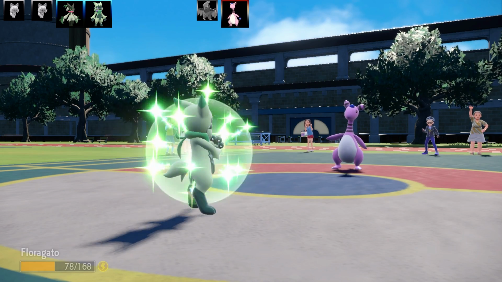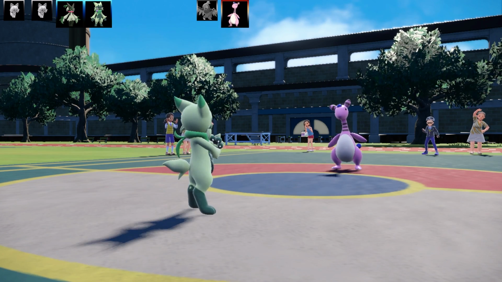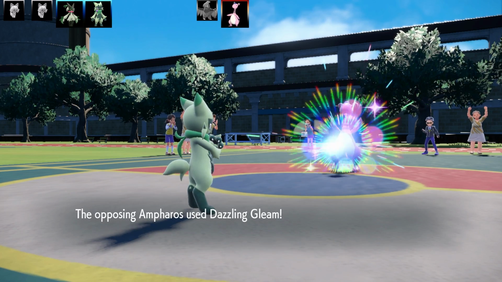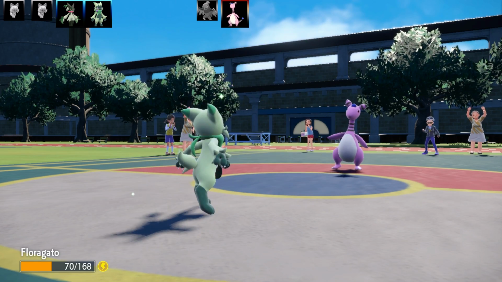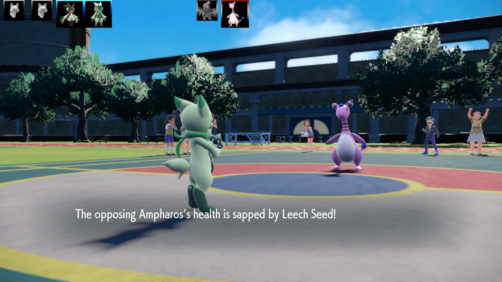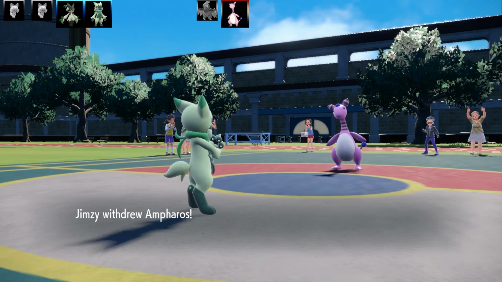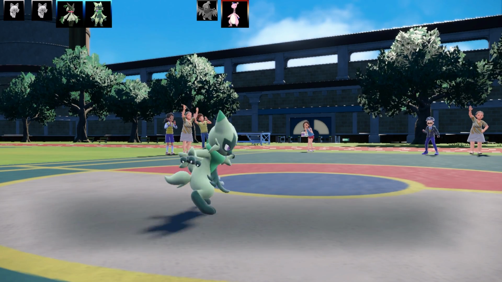I do have Giga Drain at the same time, so I feel like if I don't get super unlucky, I could actually outlive this Ampharos, unless Ampharos has some form of recovery, like Rest or something like that. So it's going to keep going for the Dazzling Gleam against me. Leech Seed is kind of carrying me here at the moment. It's definitely carrying me, unless it's coming off the little plant thing that it flies around. I don't know. Anyway, the Ampharos is going to be sliding out there,